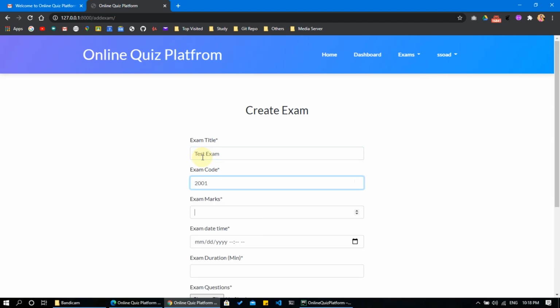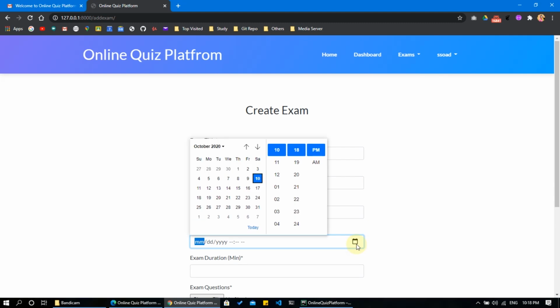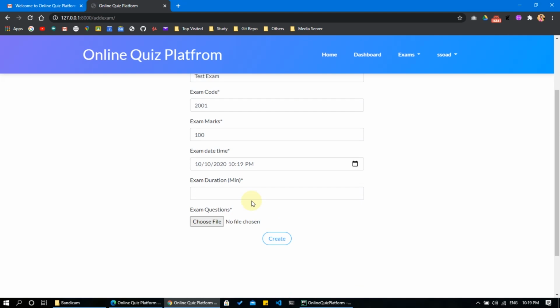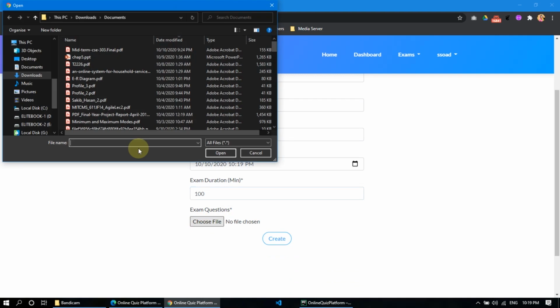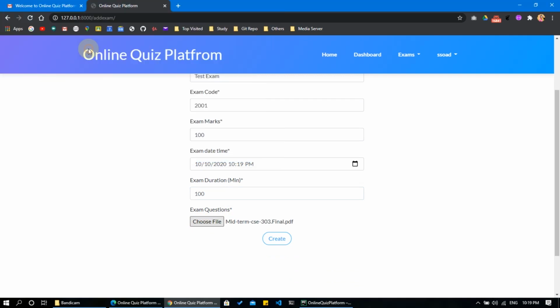So I create an exam title, an exam code, exam marks, exam date and time. You can choose the present date or any future date.